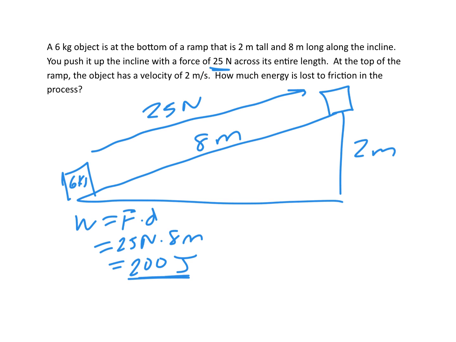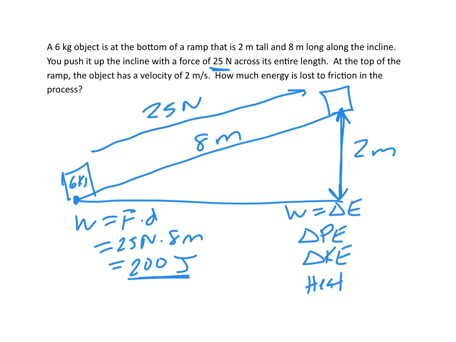And now where did that work go? So again, work is change in energy. And so it can be a change in potential, it can be a change in kinetic, or it can be lost as heat. So let's start with potential. The box was on the ground, and it went up by a height of 2 meters. So it doesn't matter that it was at an angle. All that matters is it's now 2 meters higher than it was before. It started at 0, so the change in energy will just be the new total energy, or MGH. So if I do MGH, 6 times 10 times 2, my change in potential energy is 120